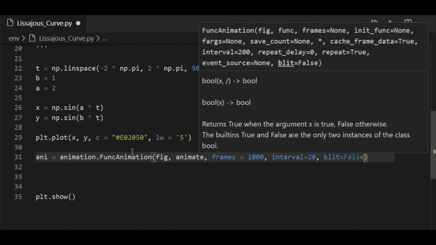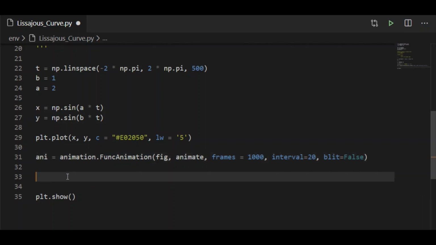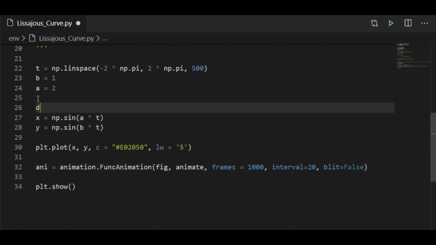The thing is, we have to define the function animate, which will take the frames as the parameter. The function especially has to redraw the plot. So here x and y are the parametric equation which are passed to the plot.